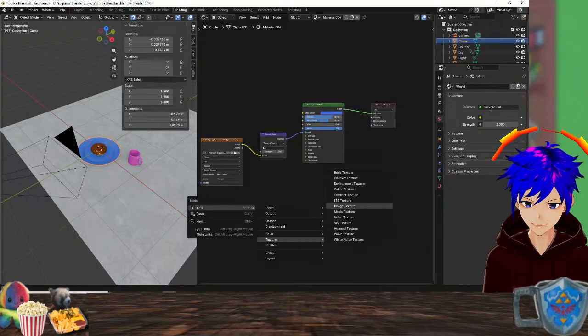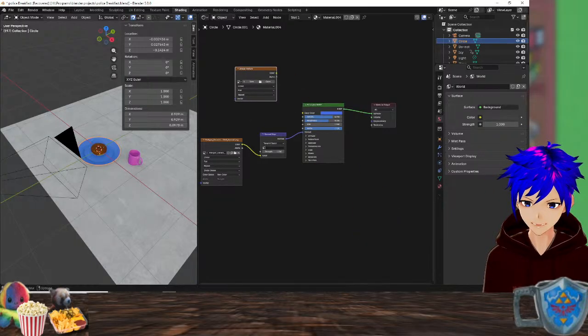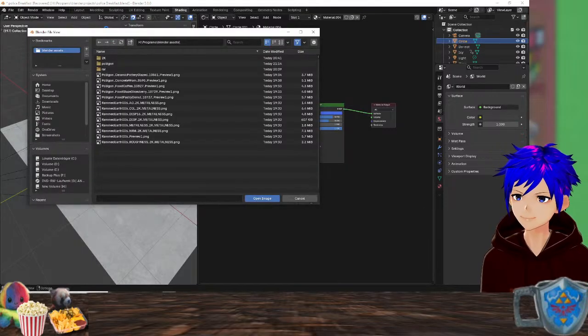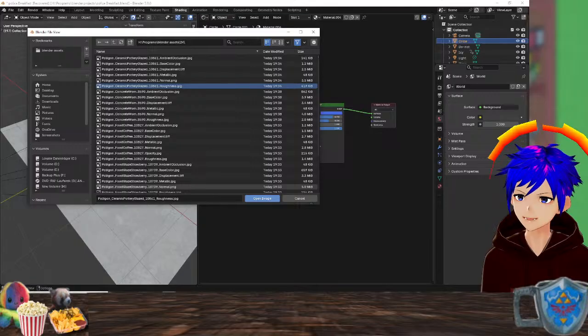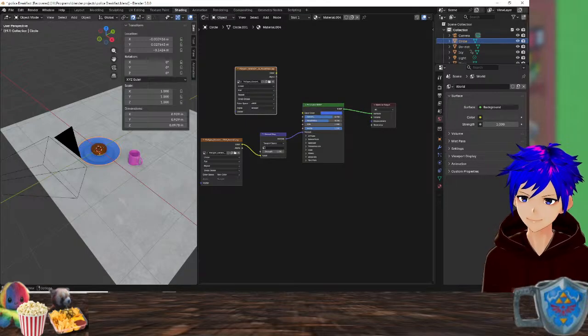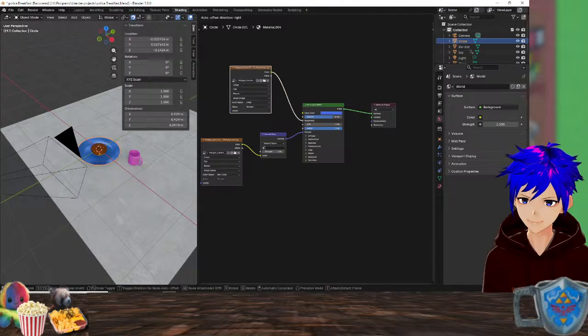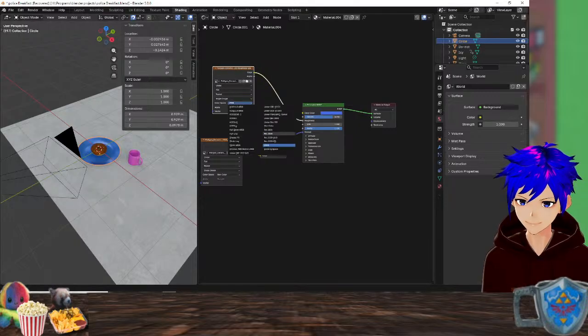Add texture. Texture. Open. Roughness. Non-color.